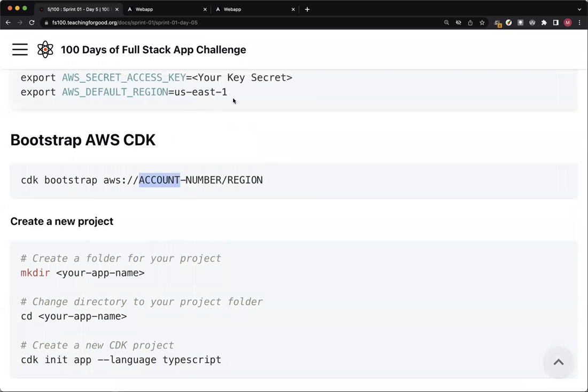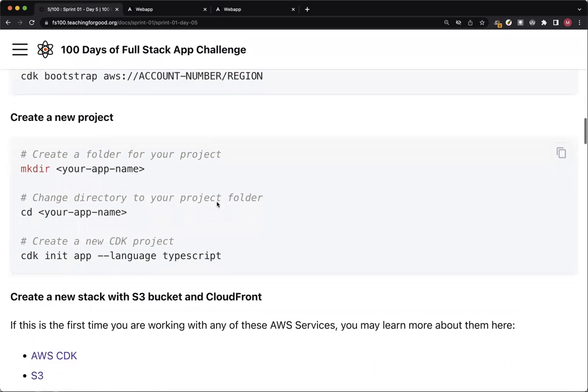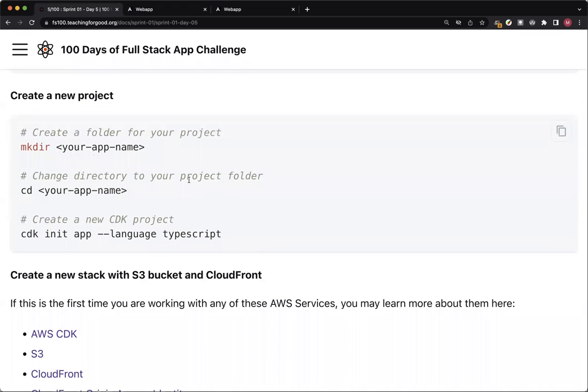I'm using US East 1, so you will see this reference in the rest of the documentation too, wherever possible, but you should be able to use any region that is supported in AWS. Okay, now that the Bootstrap is done, the first thing that we will do here is to create a project